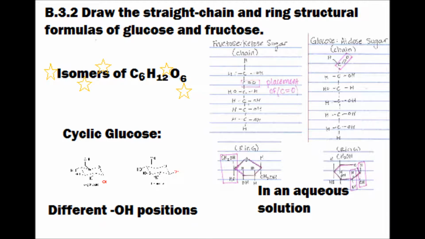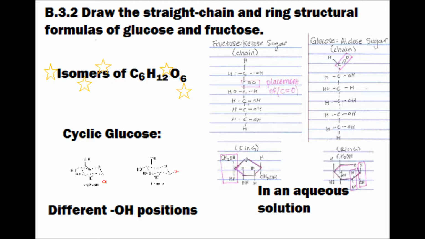B.3.2 Draw the straight chain and ring structural formulas of glucose and fructose. Shown are the straight chain and ring structural formulas of glucose and fructose. Glucose and fructose are isomers of C6H12O6. The difference between straight chain and ring structures is that the straight chain undergoes an internal